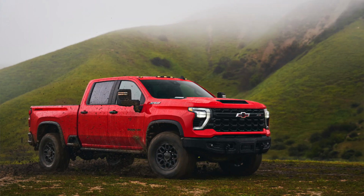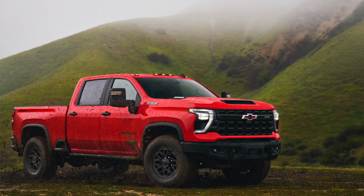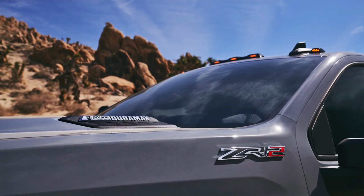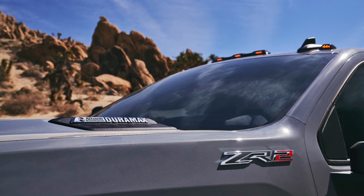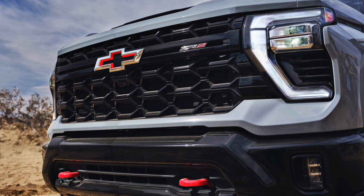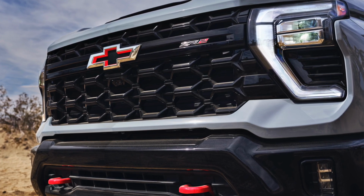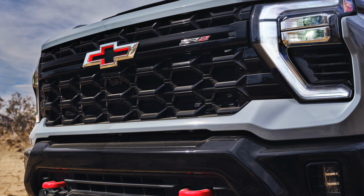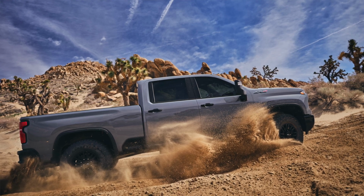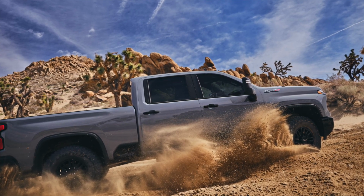The Silverado HD ZR2 and the ZR2 Bison are offered exclusively in the 2500 crew cab configuration, so let's take a look at the ZR2 first. Starting on the outside, the Silverado HD ZR2 is pretty easy to recognize thanks to a few things. First, the ZR2 family grille with Chevy's bowtie emblem. It has that red inline that all of the current ZR2 trucks have. There's also the obvious things, ZR2 badging at the front, within the front grille. There's also unique wheel opening moldings with integrated mudguards, but beyond that, you'll probably recognize a Silverado HD ZR2 just